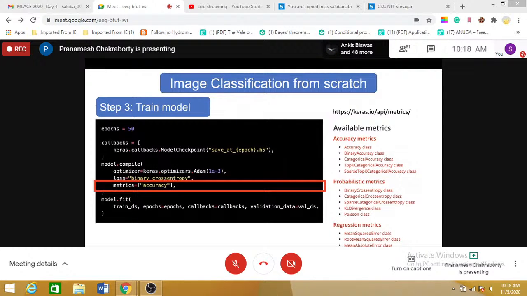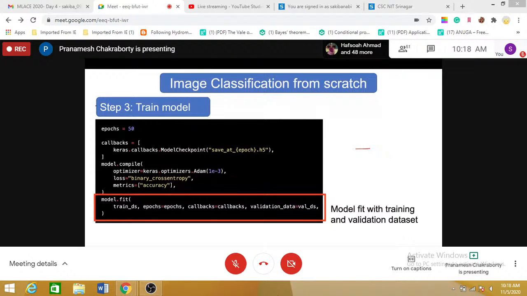Then coming to the metrics, what is the metric that the model will use to calculate your training accuracy and your validation, how well the model is performing. Here people usually go with accuracy. There are many other types of metrics available, but if you are just going simple, then go with the accuracy. Okay,